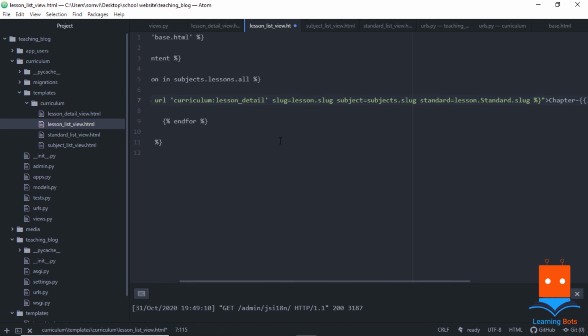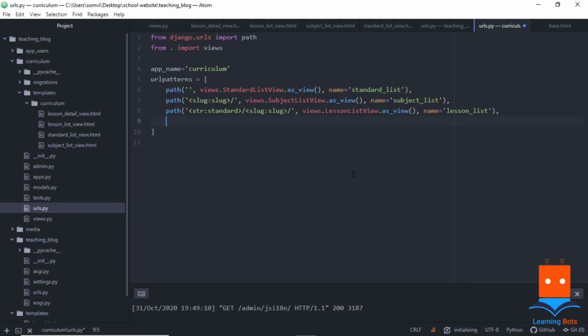So let me explain it to you. So we will redirect the user to lesson detail. We will give a name of standard, which will be standard.slug. We will give the name of subject, which will be subject.slug, and we will give the slug of the lesson, so that is lesson.slug. And if we go to urls.py, giving it a path, it will look something like this,